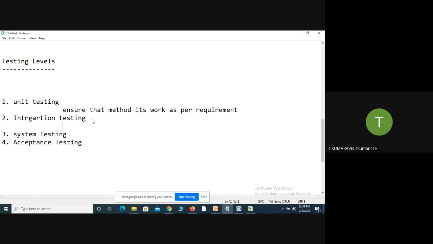For example, in Java you have n number of classes, and each class invokes methods existing in other classes. Here we group all the classes, pass the data, and check whether it provides a consistent result and whether all the modules communicate or not. That type of testing we call integration testing.